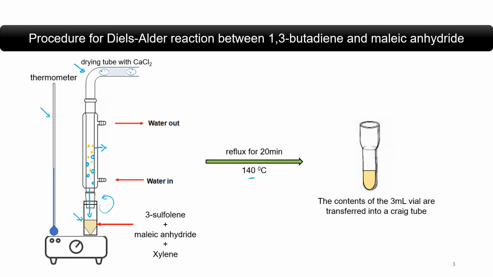Now, once we allow it to reflux for about 20 minutes, we are going to dismantle this and let this solution cool down to room temperature, and we're going to transfer all of it into this piece of glassware that we call a Craig tube. Now all the contents from the 3 ml vial are transferred into the Craig tube, and at this point it's a crude product mixture